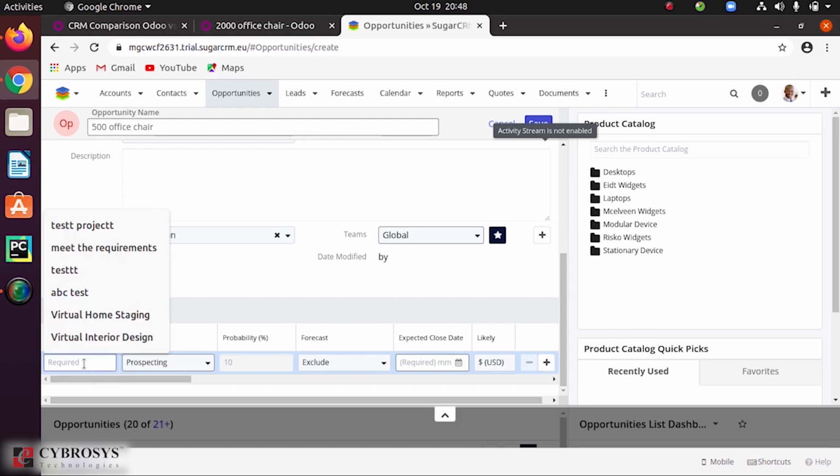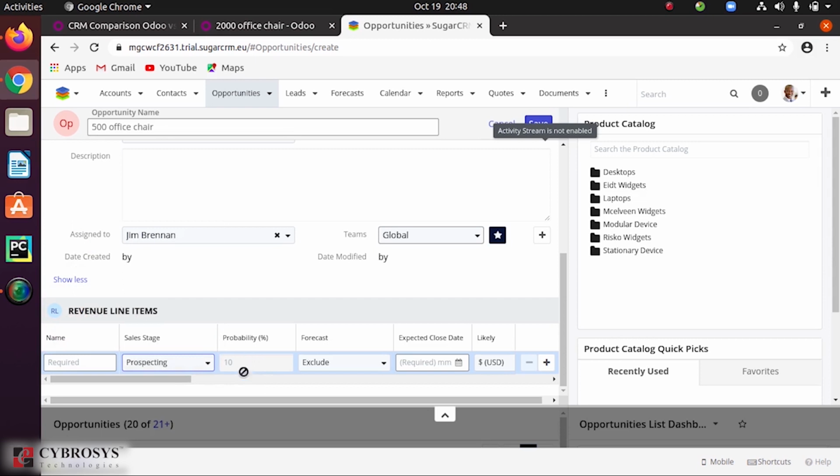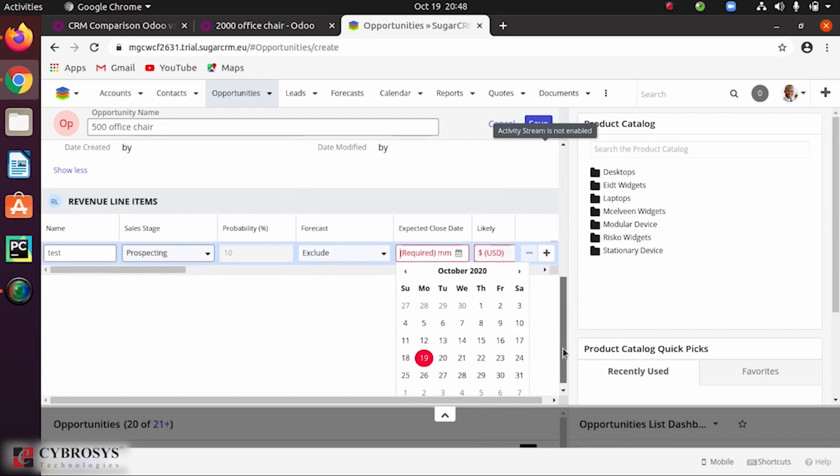Here you can mention the different stages, and here you can mention the probability, but this one is not provided, and expected closing date also you can do that. So suppose if I am providing it as test, and let's save this option over here. So here you can see obviously the expected closing date is needed, that's why it's showing.